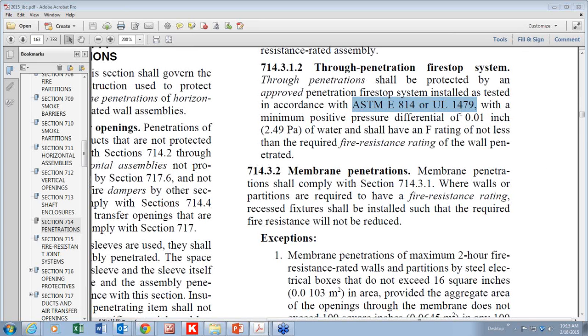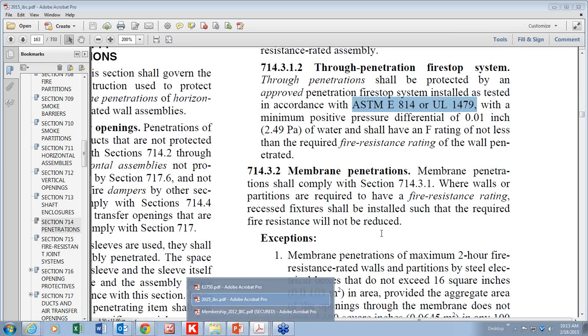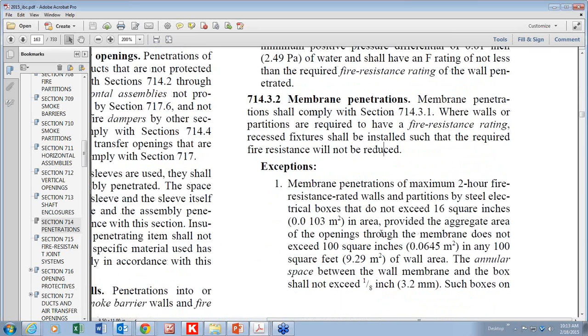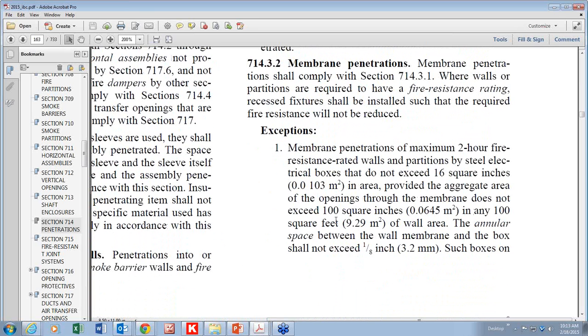ASTM E814, UL 1479. We'll get more into that a little bit later on. For membrane penetrations, it refers you back to the same test. There's some discussions going on currently about membrane penetrations, especially where a penetrating item, especially a metal pipe, penetrates one